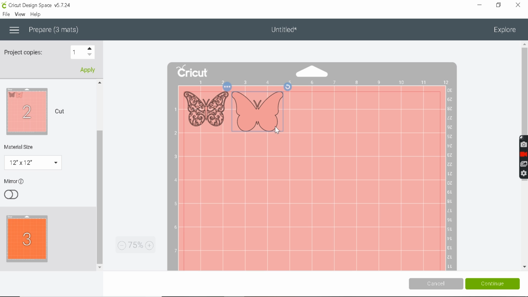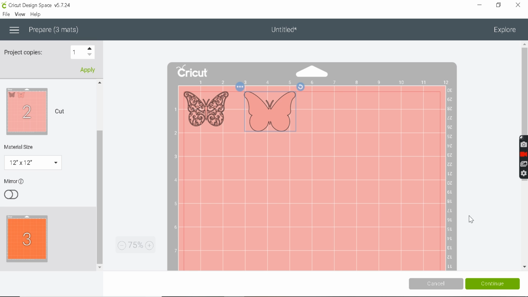You can just move the image to the same mat that you're going to work on, and what you can do is you can move your images a little farther away, so you can use different colored cardstocks or different materials, fabric or vinyl that you're using. So one vinyl of this size, say 3 inch by 3 inch, and 3 inch by 3 inch for your background cut and your pattern cut. So both will happen in your same mat, so you don't have to repeatedly keep inserting, taking out and loading your mat with different color cardstocks or different vinyls or different materials of fabric, whatever you're gonna use.